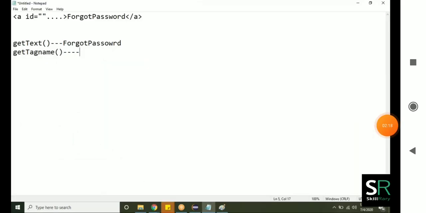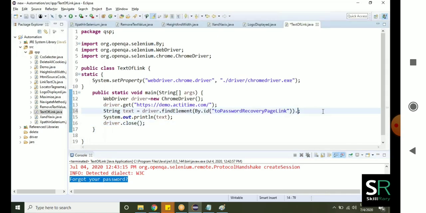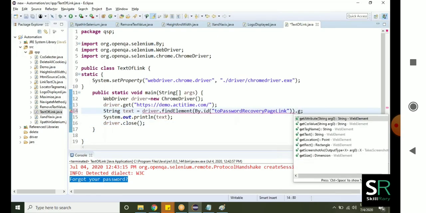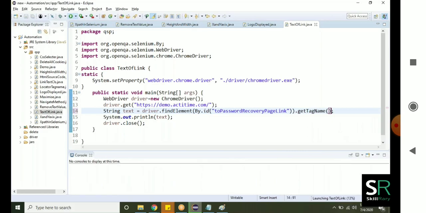In this example, what's the tag name? Same way, see here, if I write an XPath, instead of getText, if I use getTagName, A will be printed. For this also A, so it will print A. Let me show you.